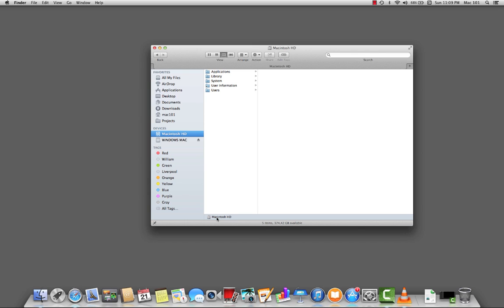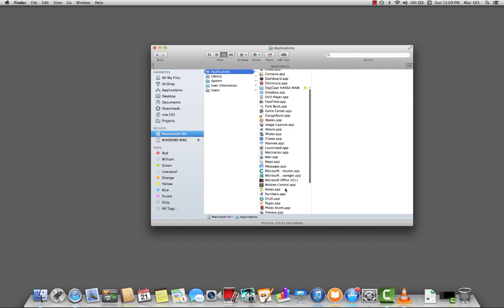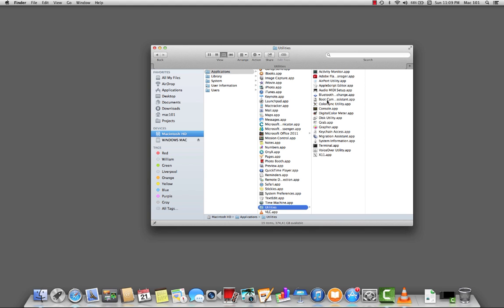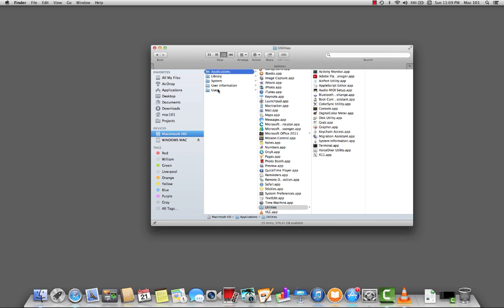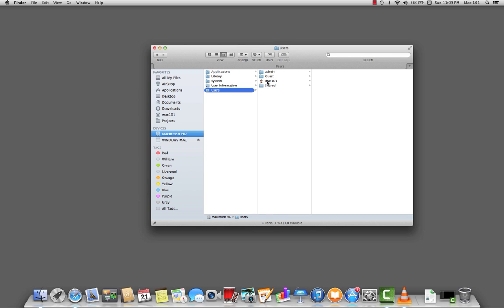So ultimately we could use our column view to navigate our way throughout our applications folder towards our utilities folder, and drag certain applications back to the dock which are needed, which were maybe removed previously, as well as access our users folder, our user icon, and from our user we can then create shortcuts within our sidebar,